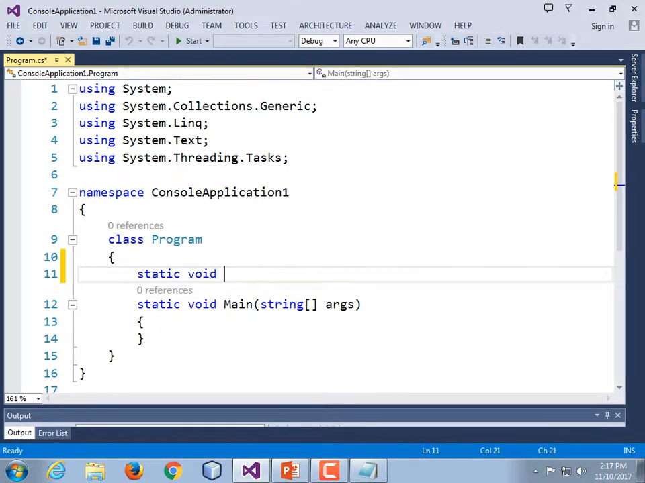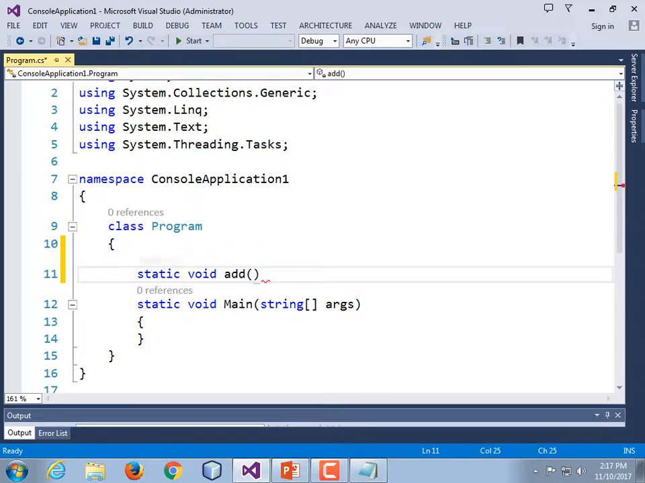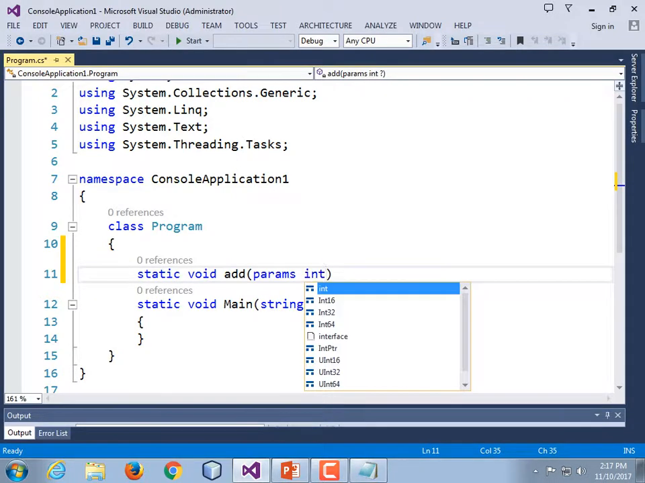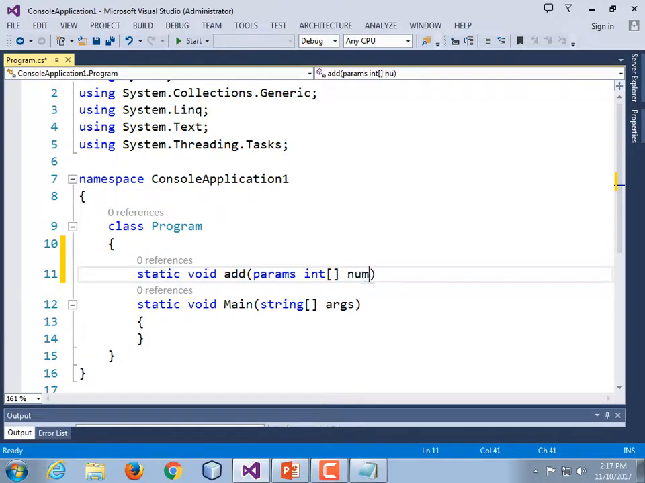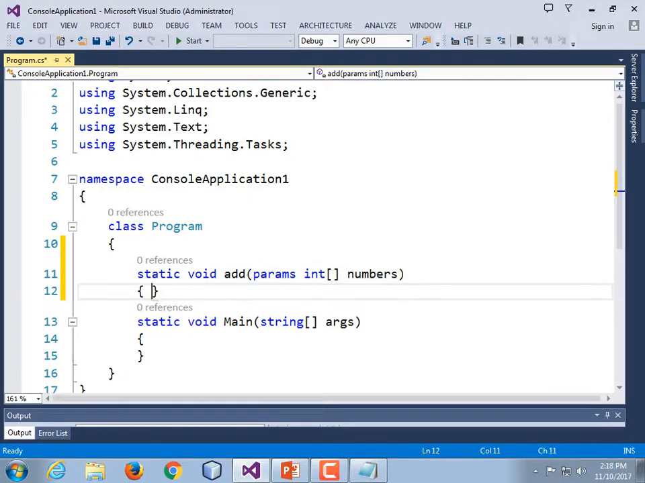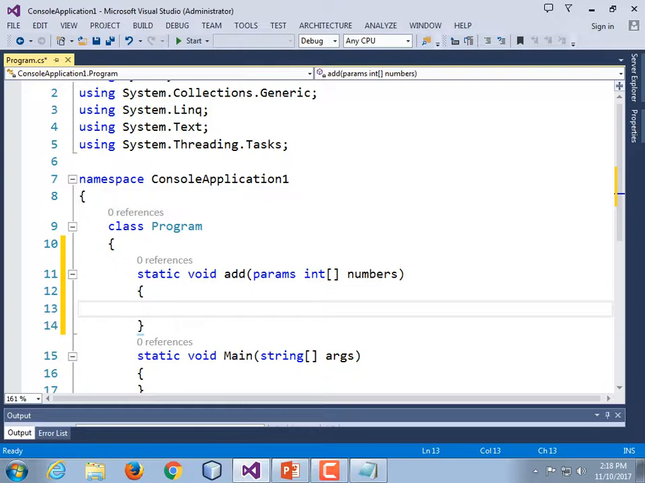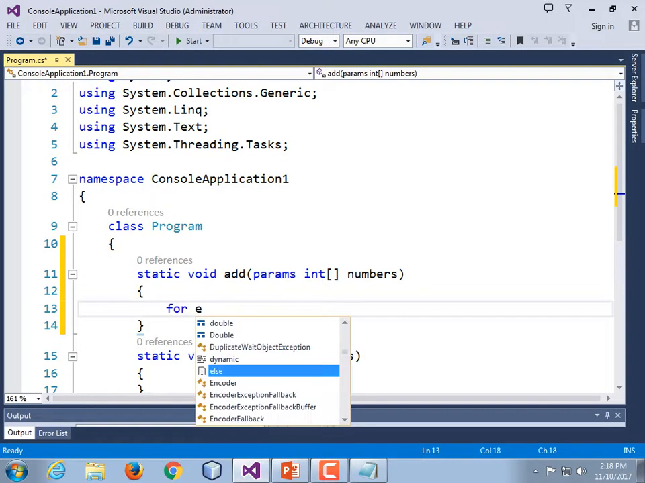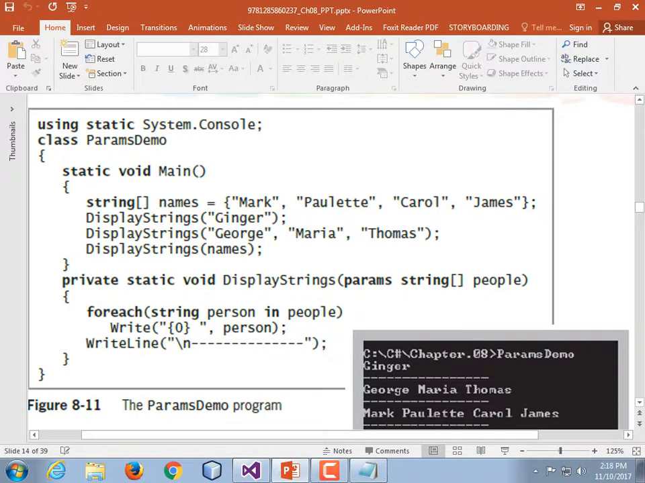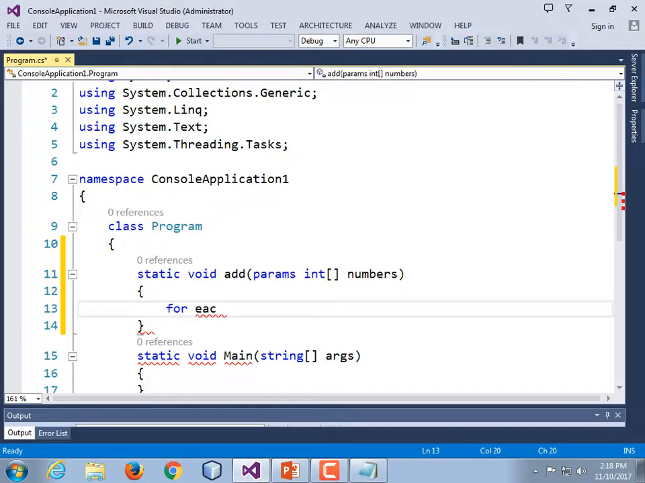So static void add. We're going to take something that takes a bunch of numbers and we'll add them together. Params int numbers. And now we just need a for loop, which will iterate through those. So for each int in numbers,